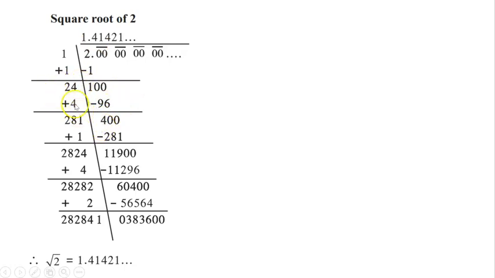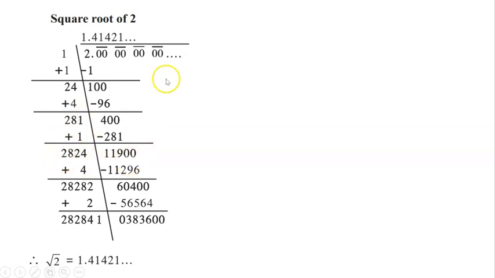Again we add this quotient number, that is 24 plus 4, you will get 28. Again one pair of 0, and the number you are getting here is 400. Now next again we will take for the unit place a number such that that number is multiplied with the upcoming number, that is, here we are taking 1 to the unit place and 281 into 1. Again you will get 281. After their subtraction you will get 119, and again here we add the quotient, that is 281 plus 1, then you will get